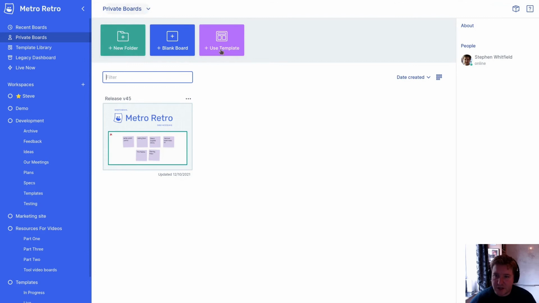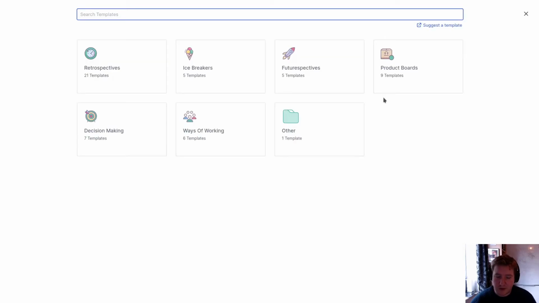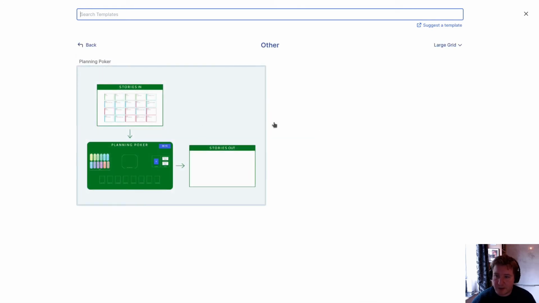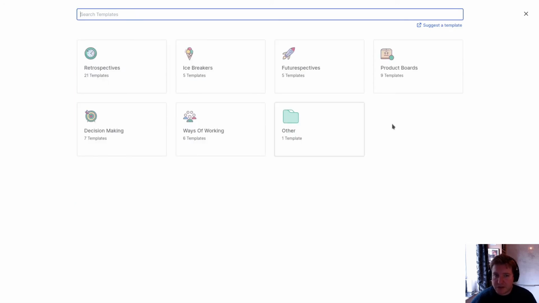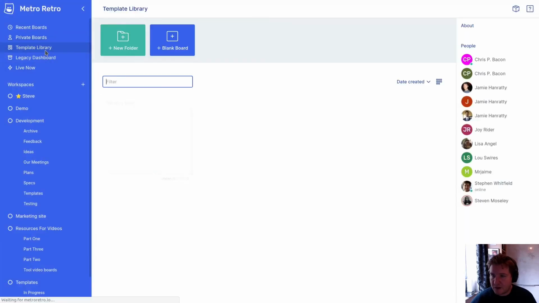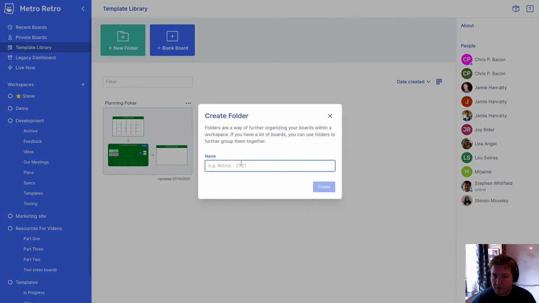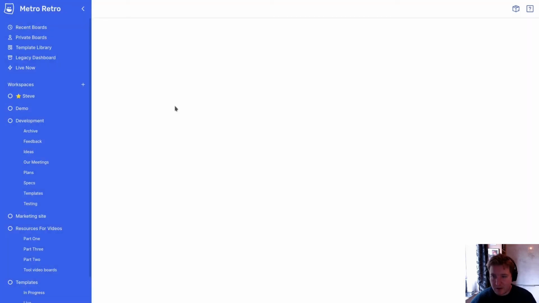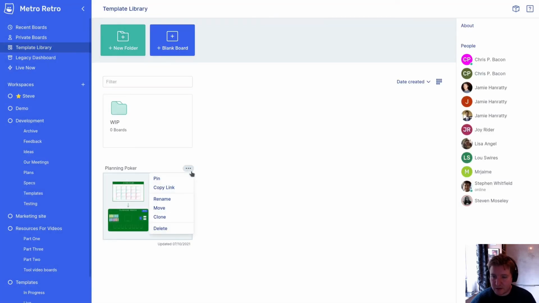This has changed and is now the buttons up here. If you click use template, you get this new template browser with a much bigger, cleaner looking interface and better folder structure, and the other folder here contains my planning poker template. It's in other because I haven't put it in a folder inside the template library, but if I create a folder called, I don't know, WIP, and then I add that